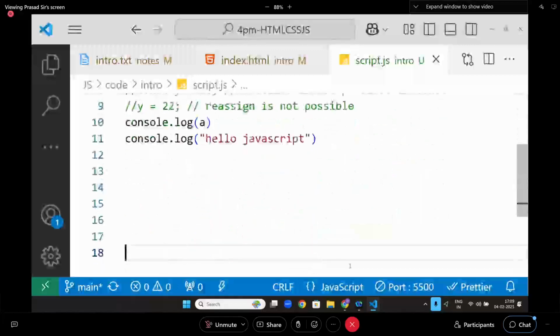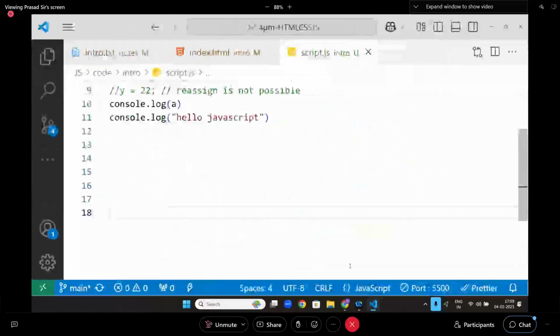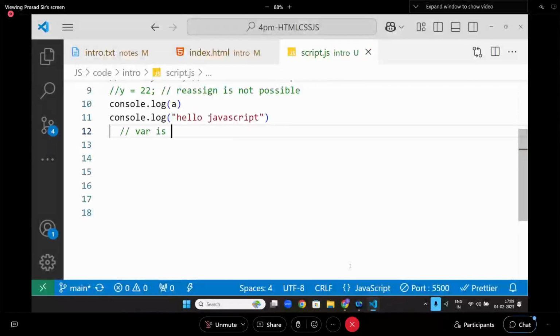In olden days, var was used, right? Before 2015, actually. Now, let's understand, var is a global scoped variable. If in an interview someone asks what is the difference between var, let, const, the first thing you should say is var is a global scoped variable,